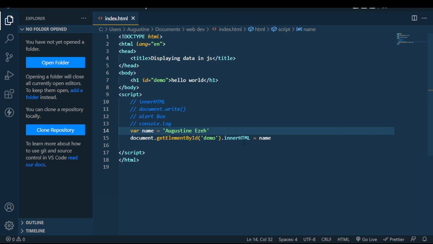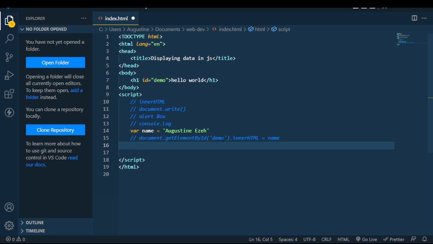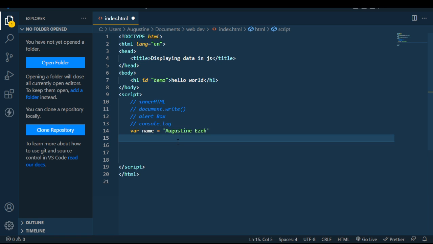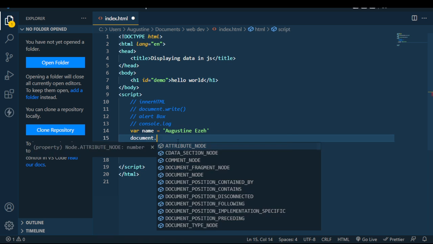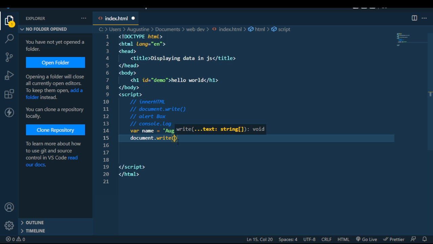The next way we can display data is using document.write. I just commented out this one, and I could also remove it completely. Now document.write actually goes through your body tag and replaces everything that is inside there. What do I mean by that? We could say document.write, and inside here we put in a string, and we could just say something like hello there,